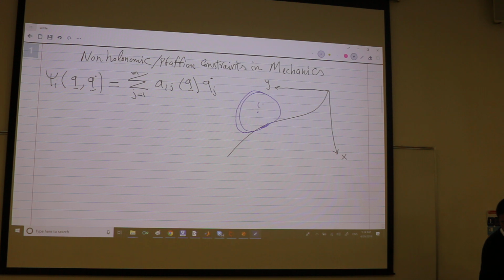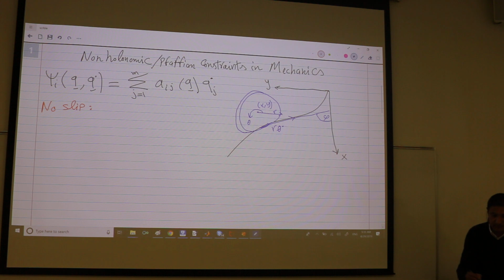Here are the x and y coordinates of the center, and it rotates with an angle theta. This is the radius r. The velocity vector, tangent to the trajectory, is r theta dot, making an angle phi with the x-axis, and you can write down the no-slip constraint